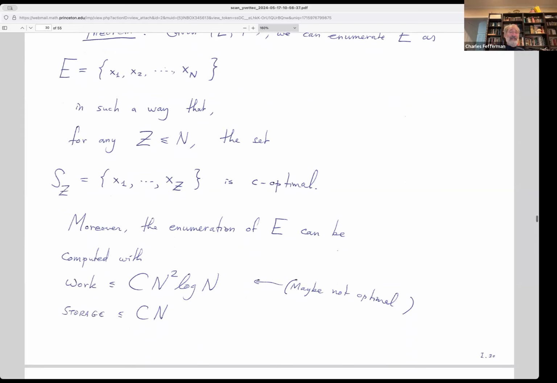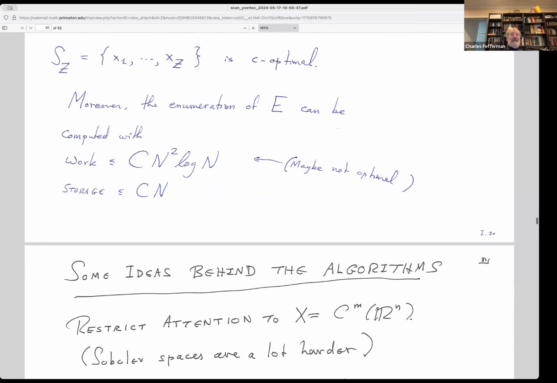Unfortunately, not as fast as the previous guys, but with work at most c N squared log N and storage at most c times N. The storage is optimal, of course. There are N data points, so the storage had better be at least N. The work, I don't know whether the algorithm claimed in the slide is optimal or not. I have no idea. Maybe one can do better. Okay, now